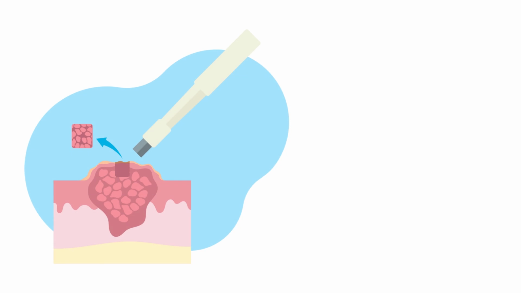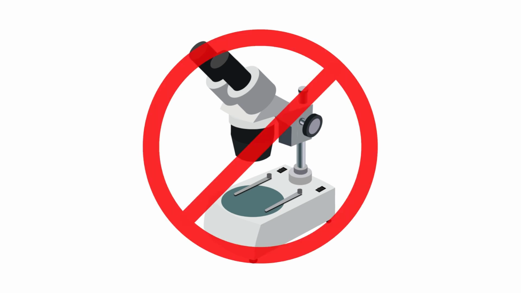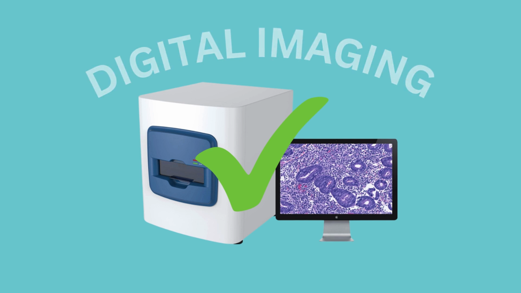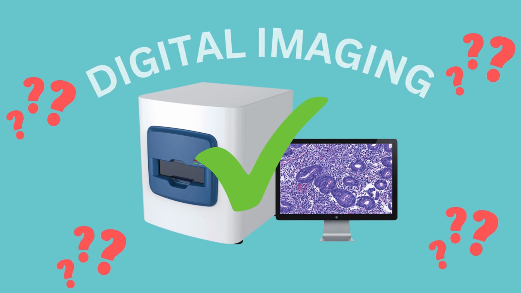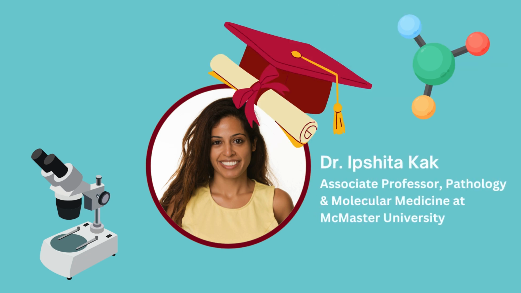It all starts in your cells. A group of these cells that share their structure and function are known as tissue. Doctors will collect tissue samples from patients and look at them under a microscope. Sometimes, however, microscopes are unable to show abnormalities, like if they are too small. This is where digital imaging comes into play. But what is digital imaging? We spoke to Dr. Ipshita Kak, a professor of pathology and molecular medicine at McMaster University, to give us some